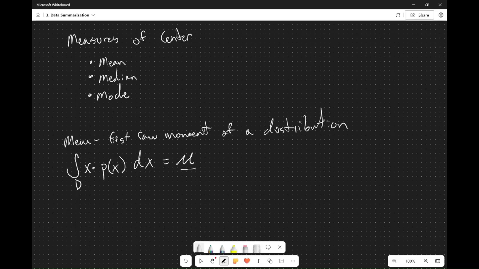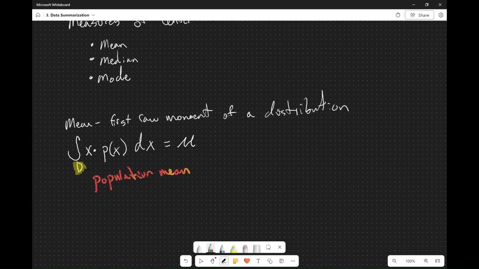And we're going to use a Greek mu to denote the mean. As you can see here, this is the entire domain space, so we're going to call this the population mean. All right. We'll call this the form for a continuous